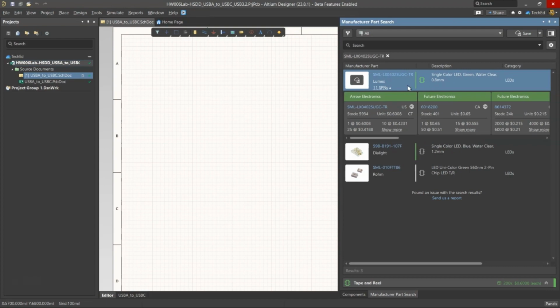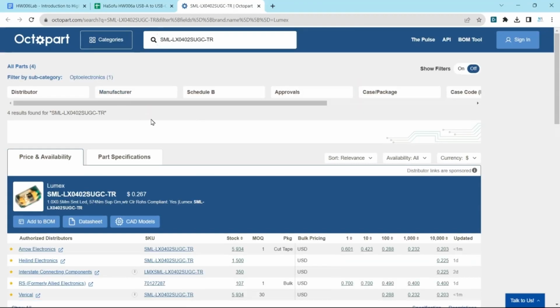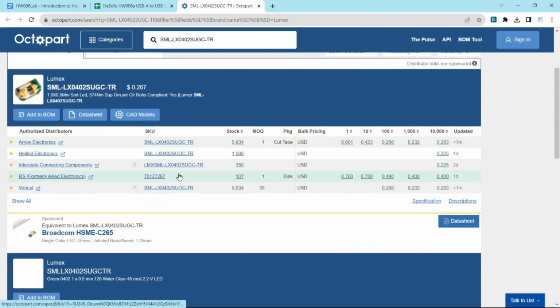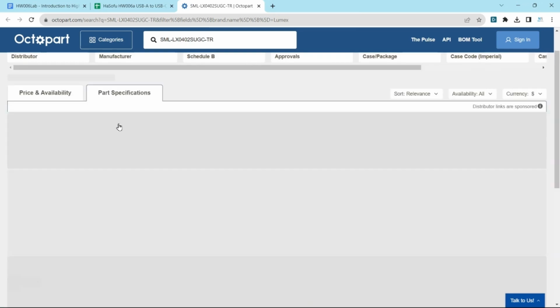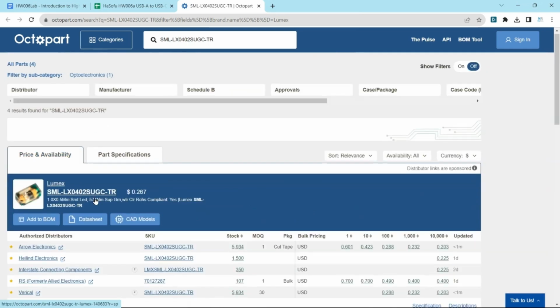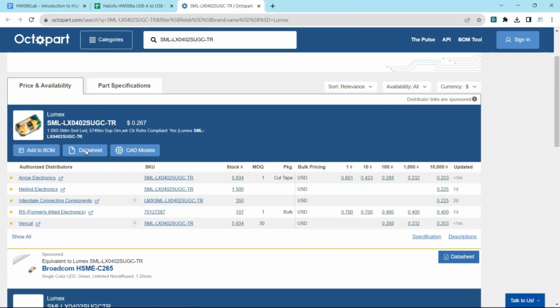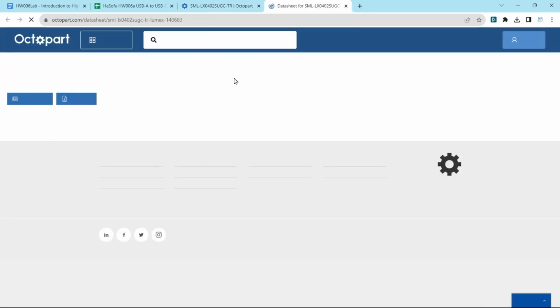Okay, here we find this. Now you have to be careful to make sure you click on this, and let's see, Octopart will give you all the information you need about this component. It's super convenient, very helpful. If you're a hardware engineer working on any kind of team, then you want to be using Octopart a lot, all right, very often. So I'm going to check the data sheet here and